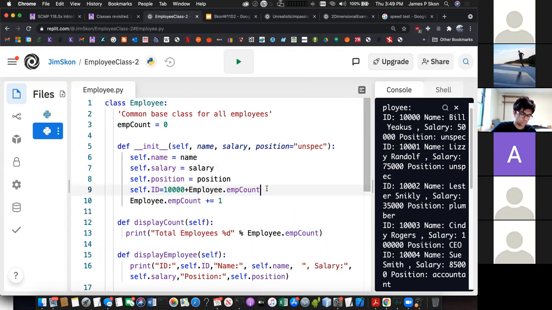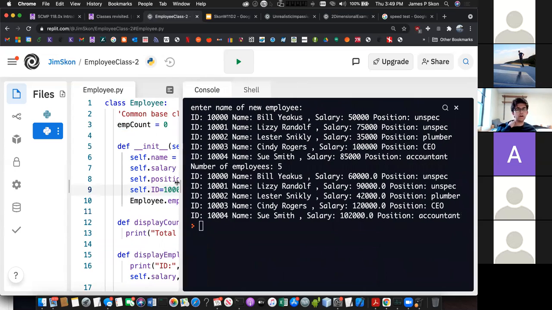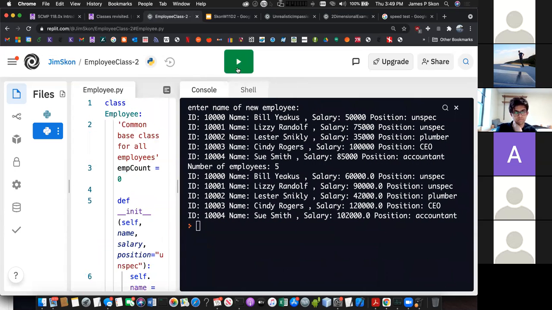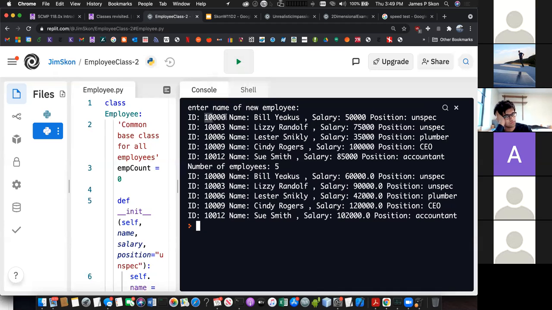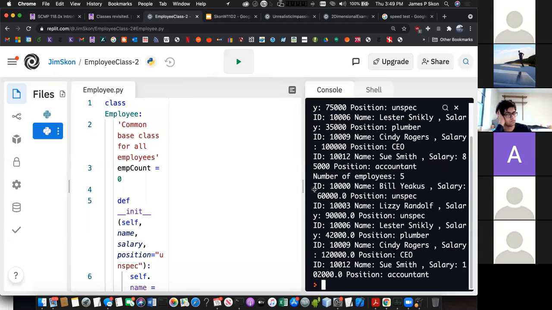In fact, I could even get fancier, because let's say I want to really spread these things out, so we'll say times 3, right? Just to make it look more random-ish, right? I could do other things, but we'll try that. So now 10,000, 10,003, 10,006, and so on, right? So I can create,